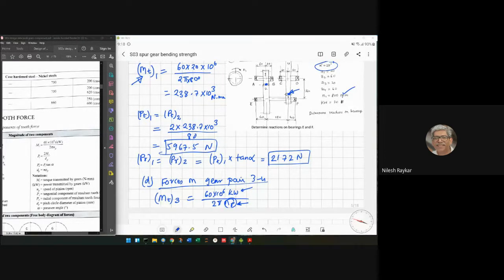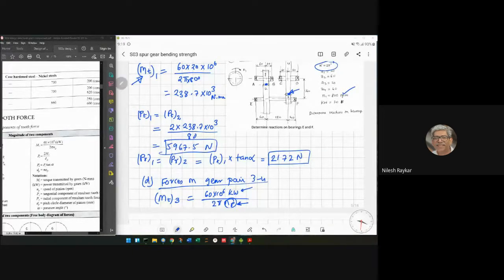But in a practical situation, what do you expect? Will the power be the same or different? Power transmitted by gear 3 will be the same as that received by gear 1. There will be losses. That's right, Jay. There will be losses, friction for example, mainly friction. So frictional losses will be there, but compared to that 20 kilowatt power, they will be very, very small if it is a well lubricated gearbox. So in our calculations, we neglect that and consider the same power transmission.